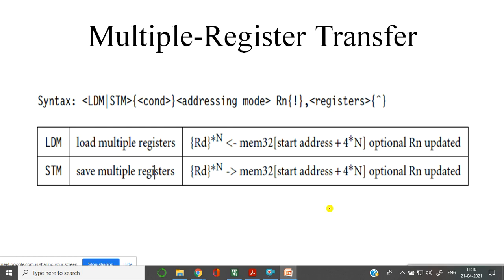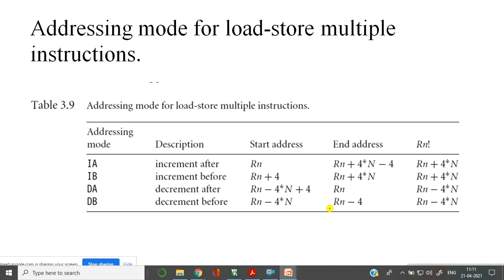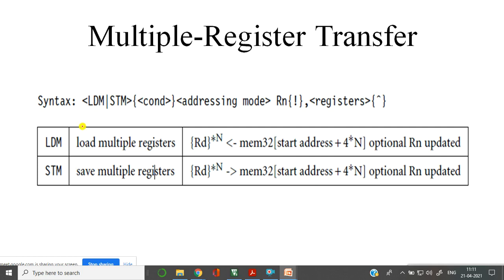There is one more concept called multiple register transfer. Right now I am concentrating only on load operations. Store operations we'll take separately, once I finish the load concepts. Now this is where we will be using LDM and STM.